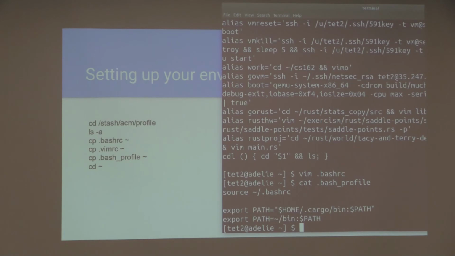Oh, hit escape again. There we go. All right, hit a colon. Do it again. There we go. And then WQ. There we go.